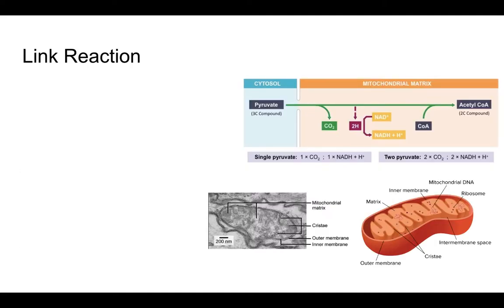Before the link reaction can occur, glycolysis has to occur. Over the course of glycolysis, a 6-carbon glucose molecule is broken down into two 3-carbon compounds known as pyruvate. The link reaction occurs when